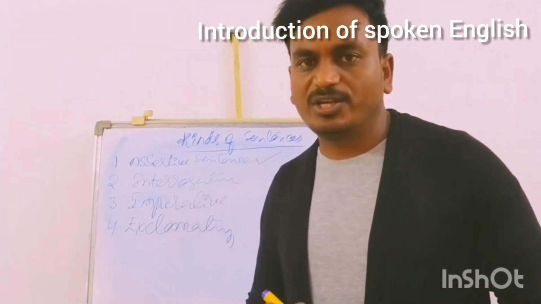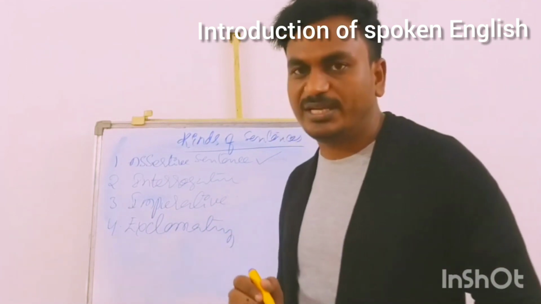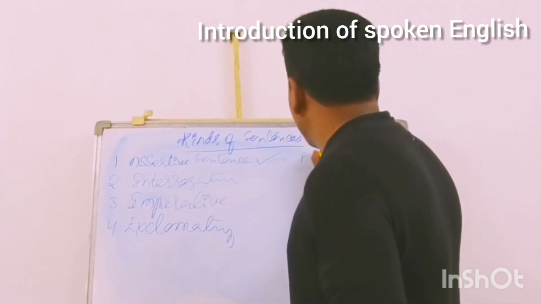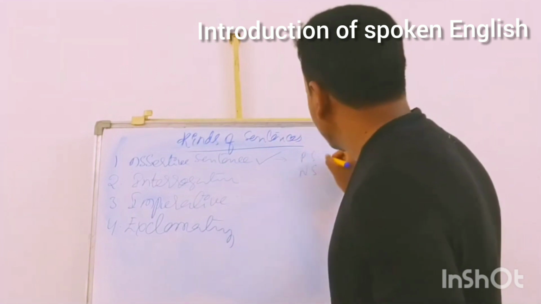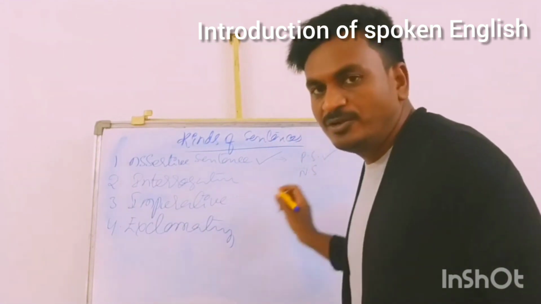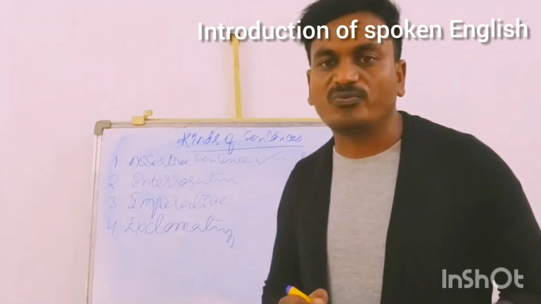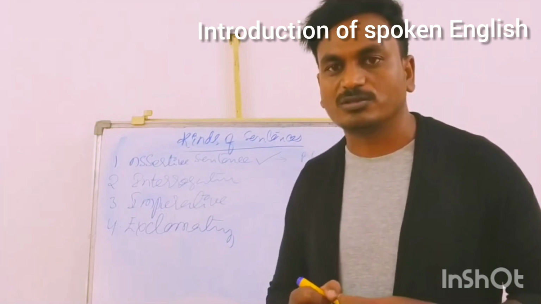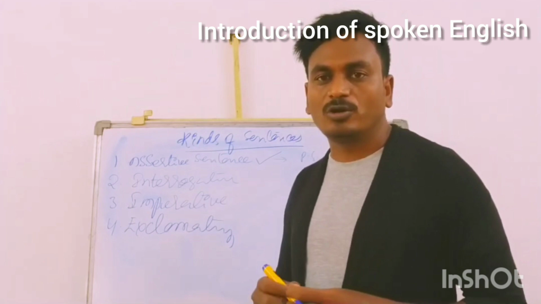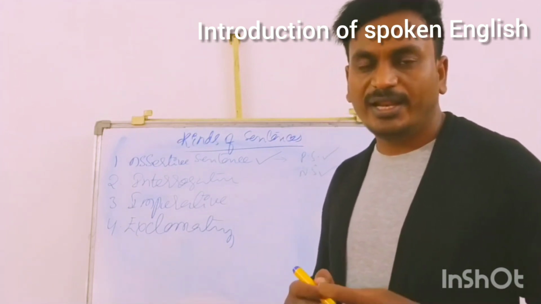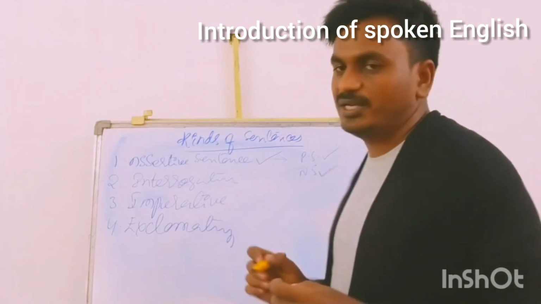What are assertive sentences? There are 2 kinds of sentences in assertive sentences. The first is called positive sentence. The second is called negative sentence. The positive sentence gives a positive meaning. The negative sentence gives a negative meaning. In positive sentences, we cannot find any negative words. But in negative sentences, we usually use no, not, nobody, neither, seldom, rarely. These kinds of words are included in negative sentences.